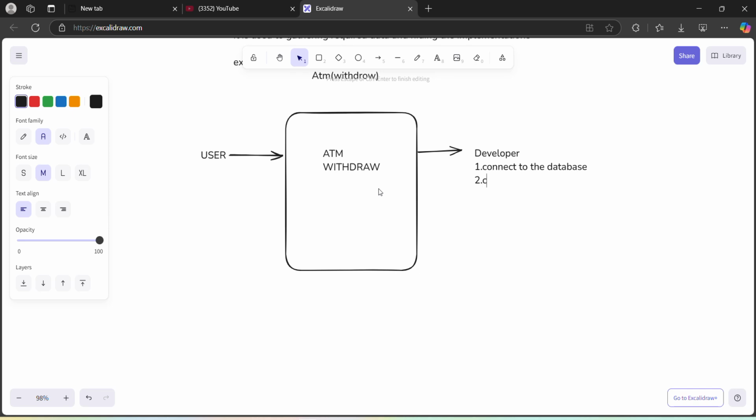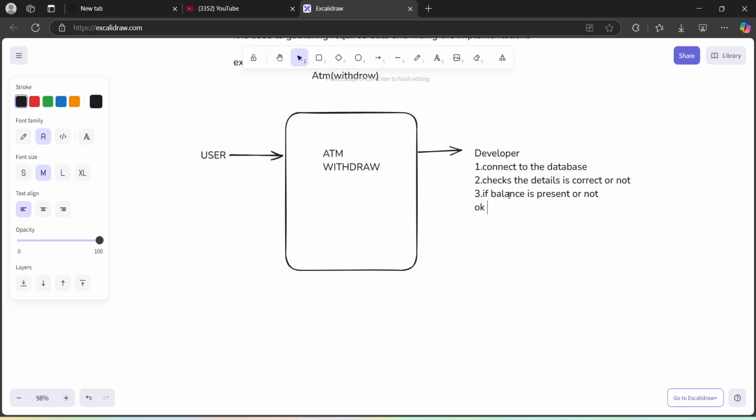If the details are correct, then it will check the balance inquiry, that means whether the balance is present or not. If it is present, then